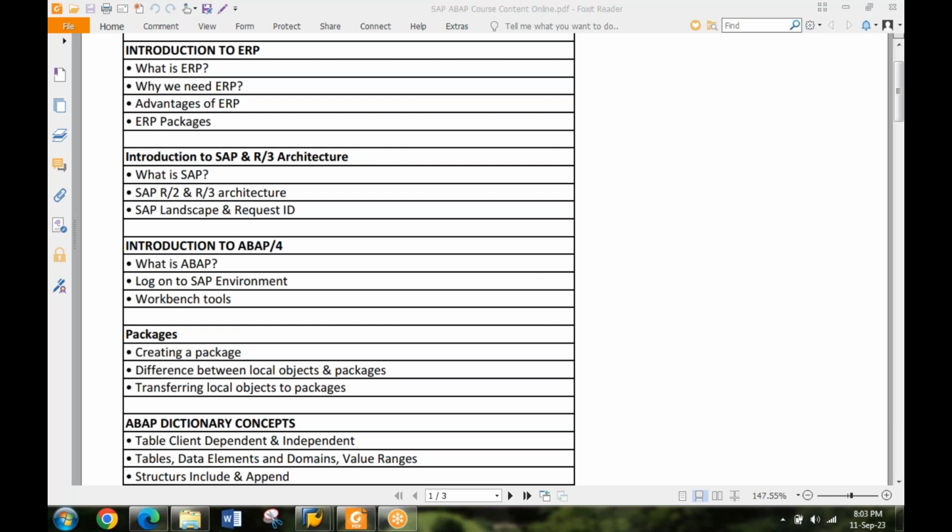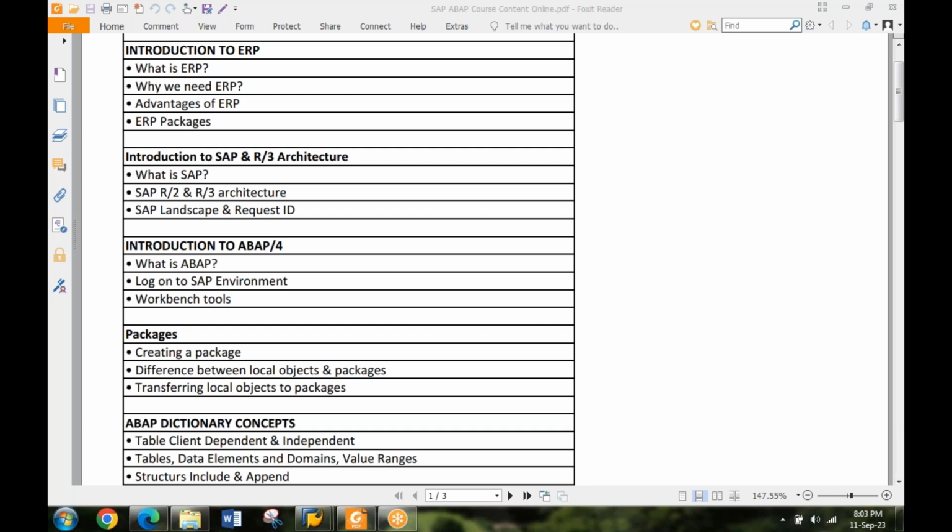Every programming language is different, whether you talk about C, Java, .NET, PHP, or ABAP. Every programming language has its own syntax, own keywords, own way of writing and executing programs, but the purpose of the programming remains the same. The logic remains the same, right? You will be defining a selection screen where the user will be entering data.